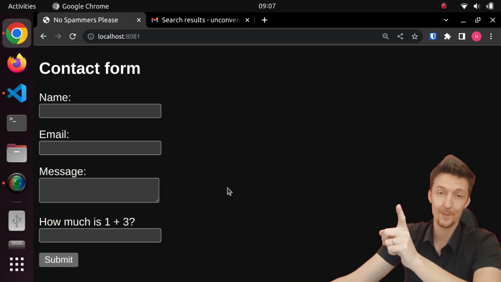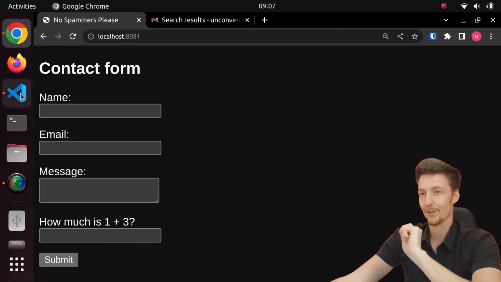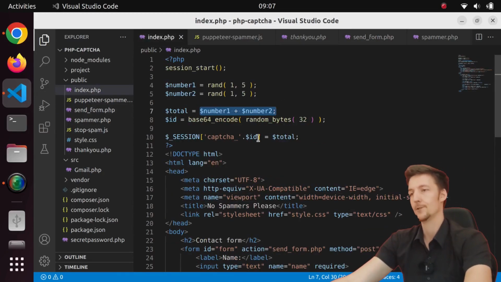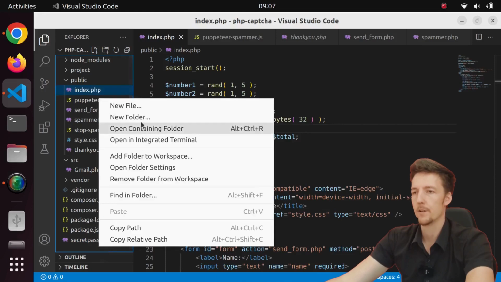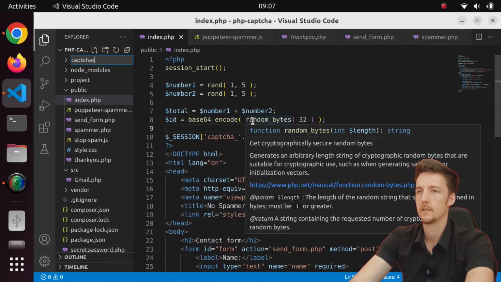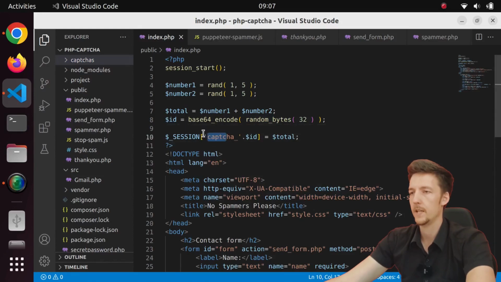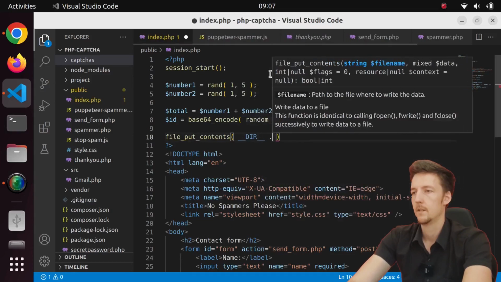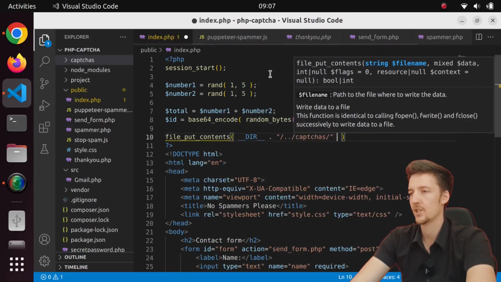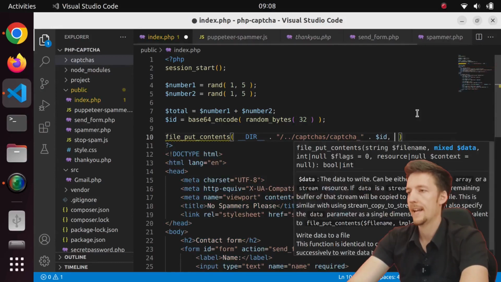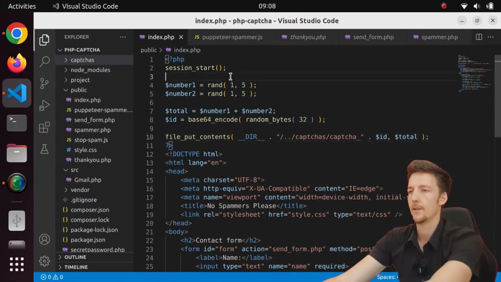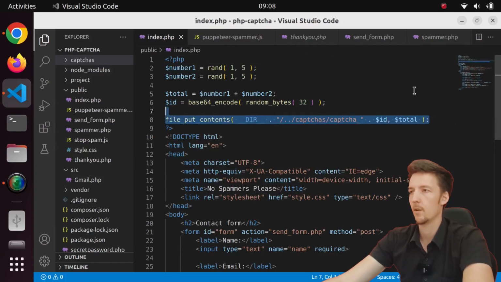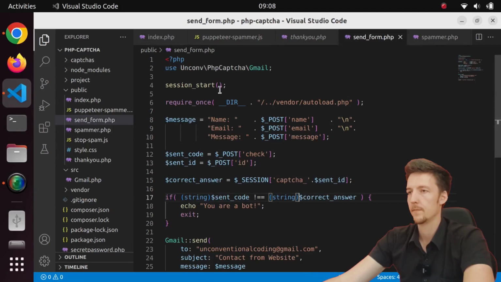Now, this is a problem. If the user does not have cookies enabled, then this will not work. So let's change this so that it will save this into a file. Let's create some folder here. Captchas. And we will copy this and we will say file put contents, Captchas / this. And we will save the total in there. So now we don't have a session anymore, and we will copy this, the whole thing, and we'll go to send form